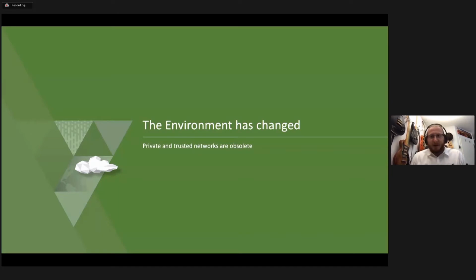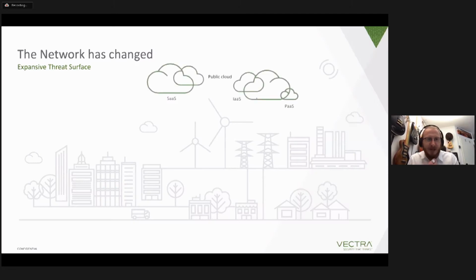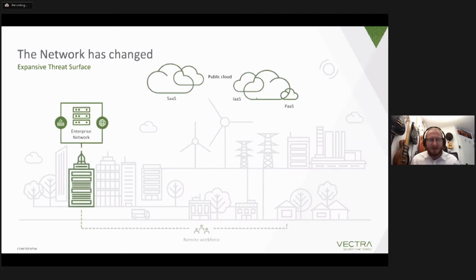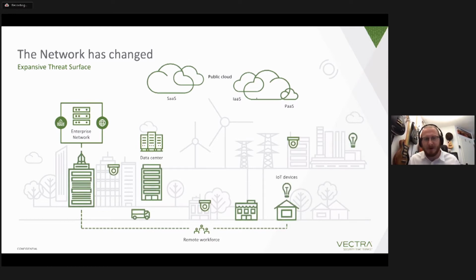And when we have a look at the past, we see that the environment developed a lot. The environment changed. So how did it change? Just as a short recap, it started from the enterprise network and then moved on to other data centers, probably some outsourced data centers. It moved on to public cloud services like software as a service, infrastructure as a service, or platform as a service. But on top, IoT devices are still there in the network, and COVID pushed the workforce more to remote. So your services are more decentralized.